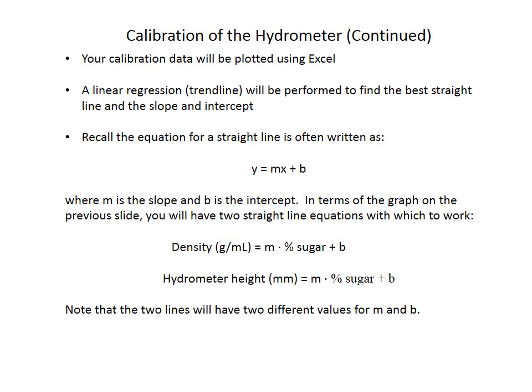One was the density equals this, looks like that, and the hydrometer height looks like that. And keep in mind, they'll have different values of slope and intercept. There's no reason for those to be the same because they're measuring entirely different quantities. So I take a look then over here,